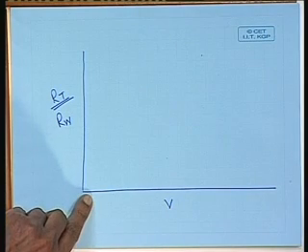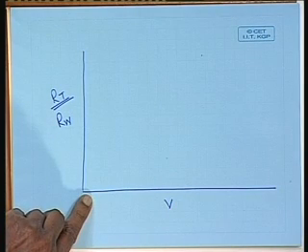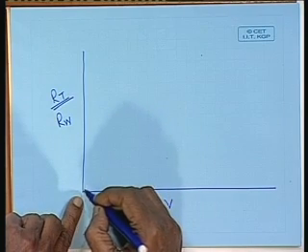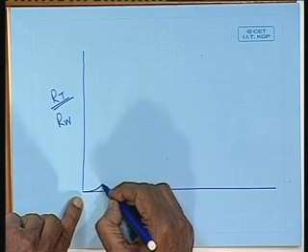At very low speed Rw is 0, right, and as the speed increases there will be these maximums and minimums coming up, right. So, if I plot the Rw only against V, what I will get is